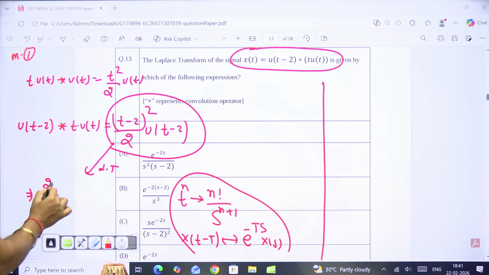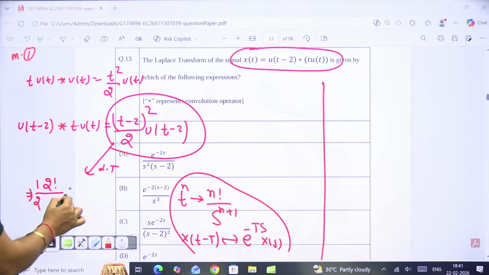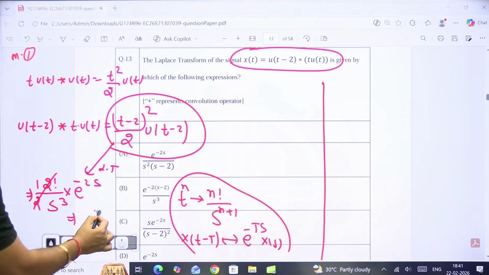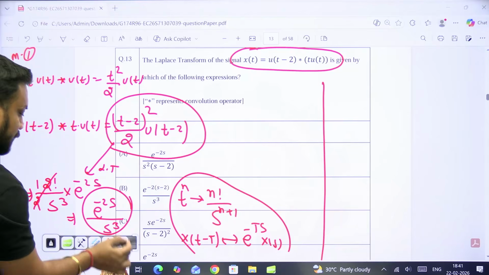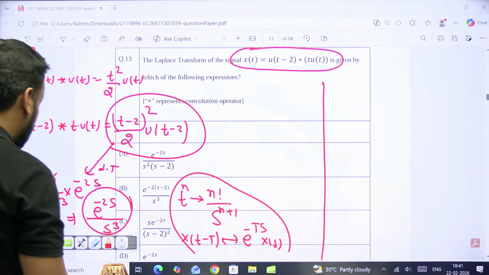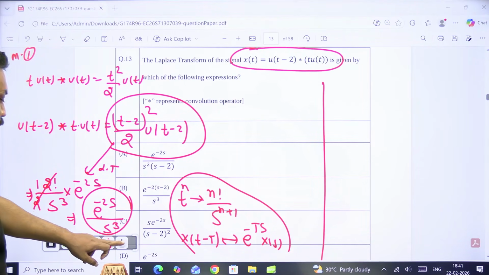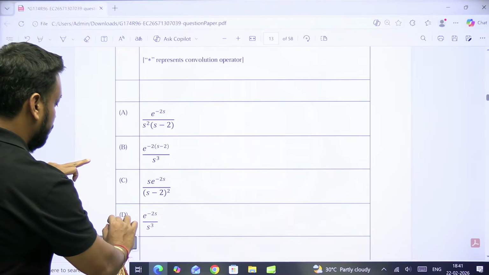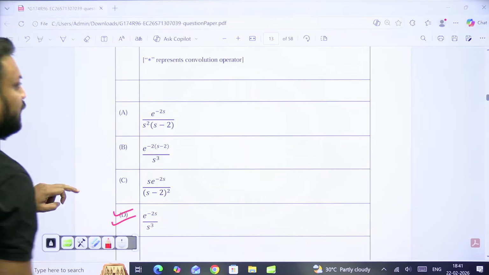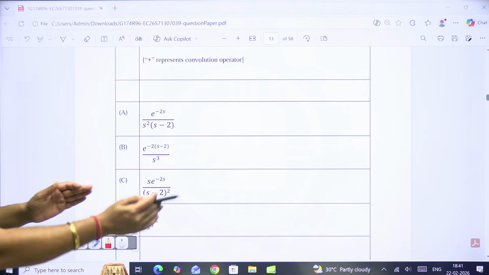तो अगर हम ये use करें यहाँ तो t squared मतलब factorial 2 upon s cubed हो गया, और बाहर 1/2 already wait कर रहा है, और u(t minus 2), इसका मतलब ये कि e to the power minus 2s। तो ये 2 कट जाएगा, तो final answer आना चाहिए था e की power minus 2s upon s cubed, जो exactly present है option number D for Delhi। तो final answer इस question का हो जाएगा प्यारे बच्चों option number D, है ना।